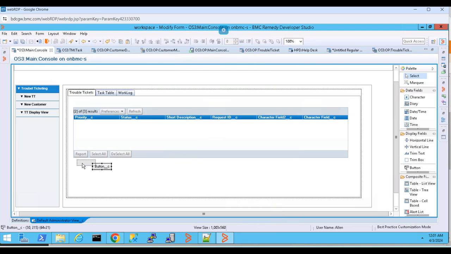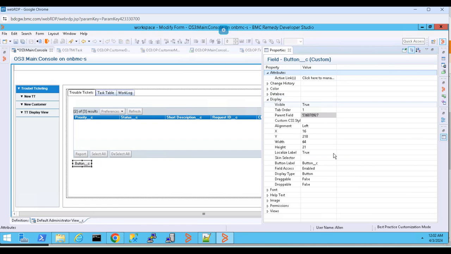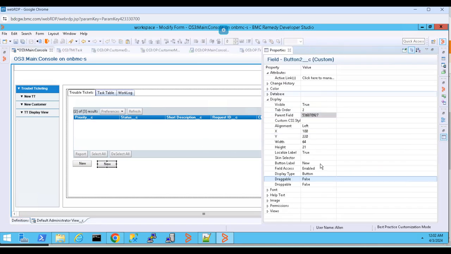So this I will say create. I will give it a name as new. So this new will create a new, like if I need to create a new ticket, I would use this button. Then if I want to display my existing record, then what I can say,